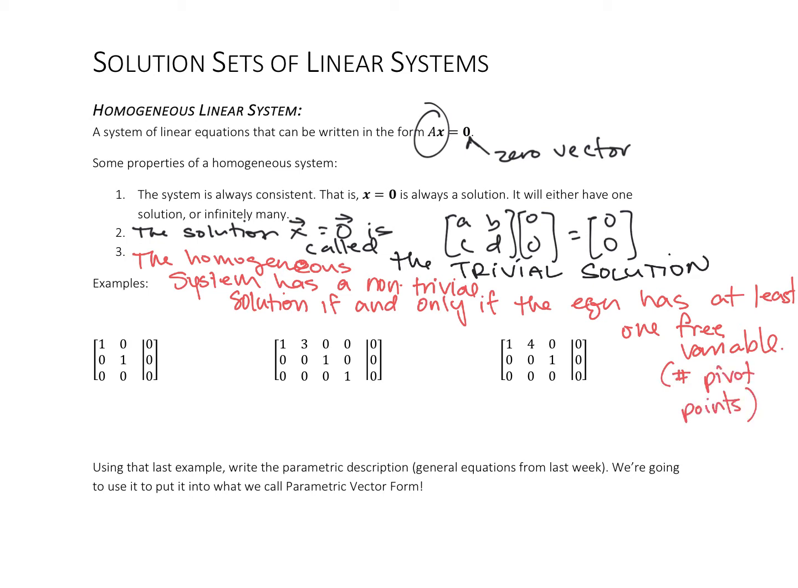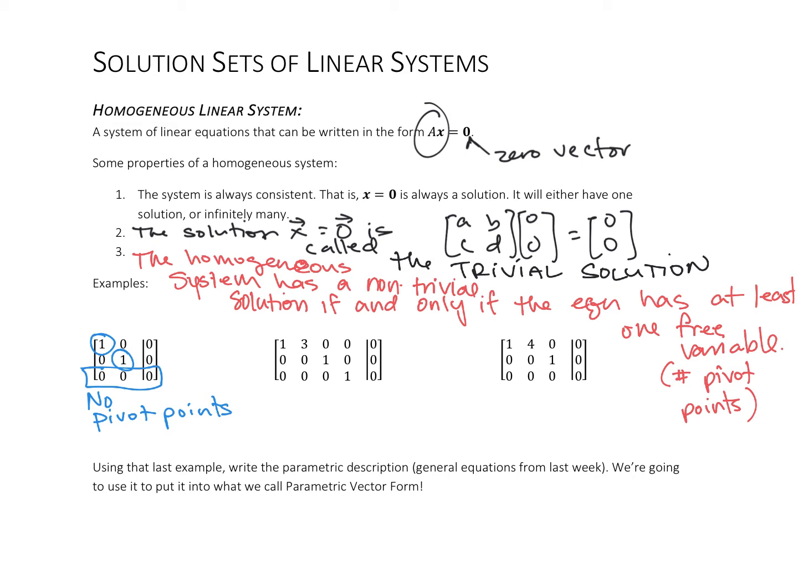So in other words, if the number of pivot points is equal to the number of variables, then there's not going to be a non-trivial solution. All right, so here's some examples. In this first one, you'll notice in each column, here's my leading entry, here's my leading entry. It doesn't matter that I have 0, 0, 0 down here. I only have two variables, and I have a leading entry in both of those, which means that I have no free variables,